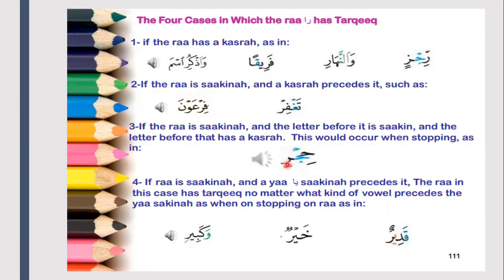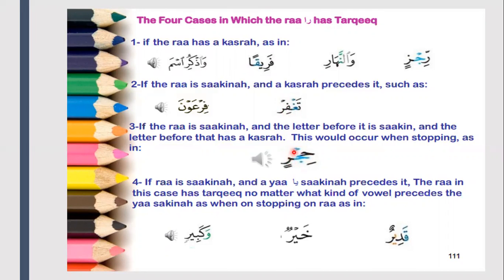So same as the other two cases, if we are stopping on a Ra, we put a Sukoon on it, and we look at the letter before. Now, if this letter has a Kasra, but say this had a Sukoon on it, we would look at the third letter. If this had a Sukoon on it, we'd look at the letter before. So here, essentially it's the same thing. But in this case, obviously we have a Kasra, so we don't need to go to the third letter.